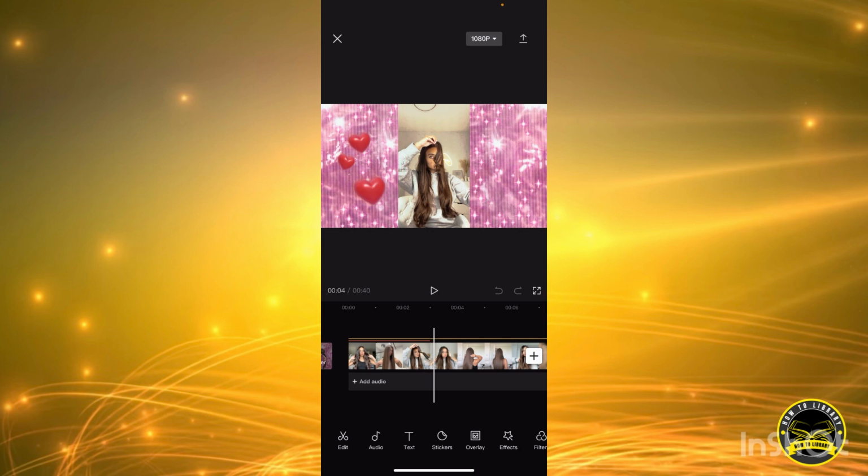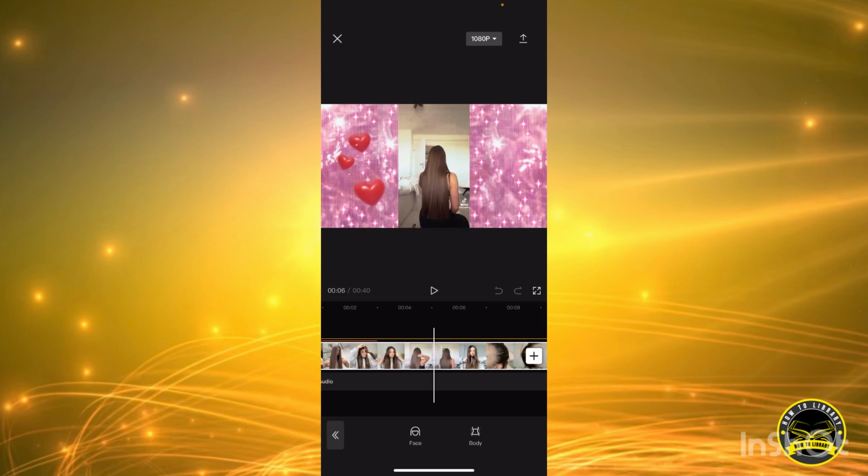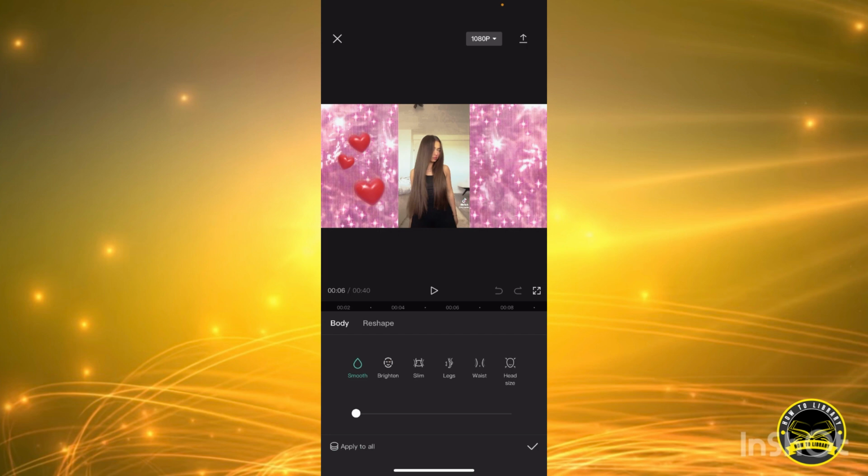So we're going to look at the bottom of my screen right now. We're going to click on the first icon that says edit, and once we get here, we're going to scroll until we find this little enhance option. And once we find it, maybe we're going to scroll to a part of the video where she's showing her body like this. And we're going to use this, and you have a few options here to smooth, slim,